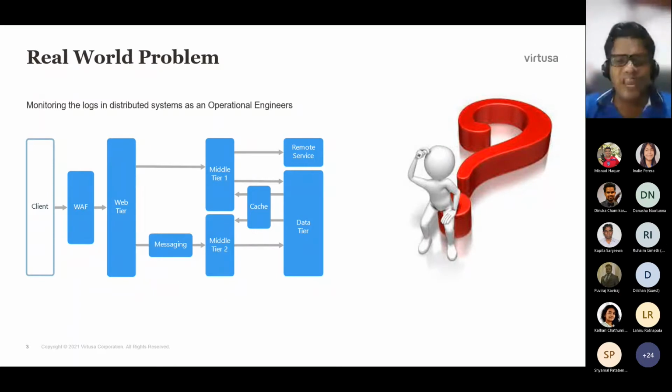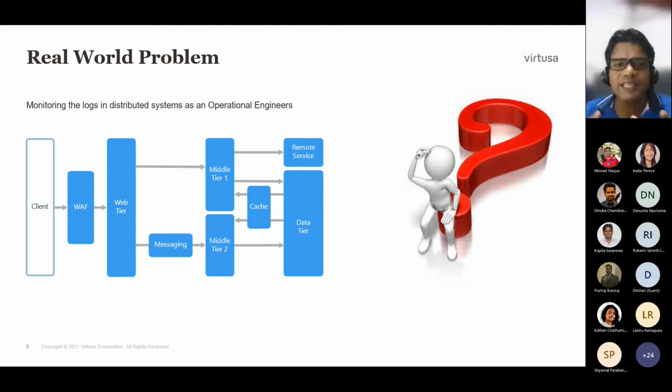So if I have 5 web servers, I don't know which server this particular user's request has reached. So I need to log into all 5 manually, go through the logs and identify which server this particular user's request came to, or at the application layer. If I have 10 servers, I need to log into all 10 servers to identify this particular request and find what caused this particular user's issue.